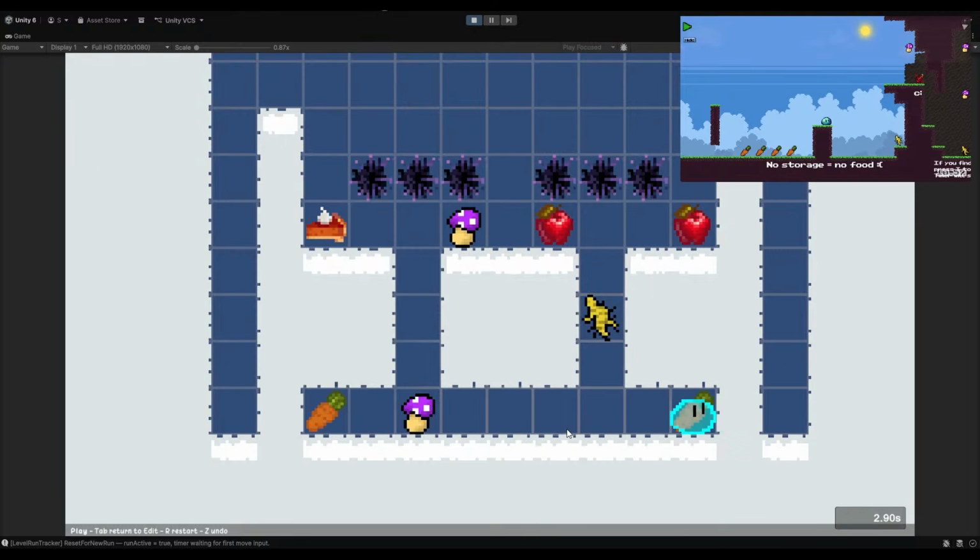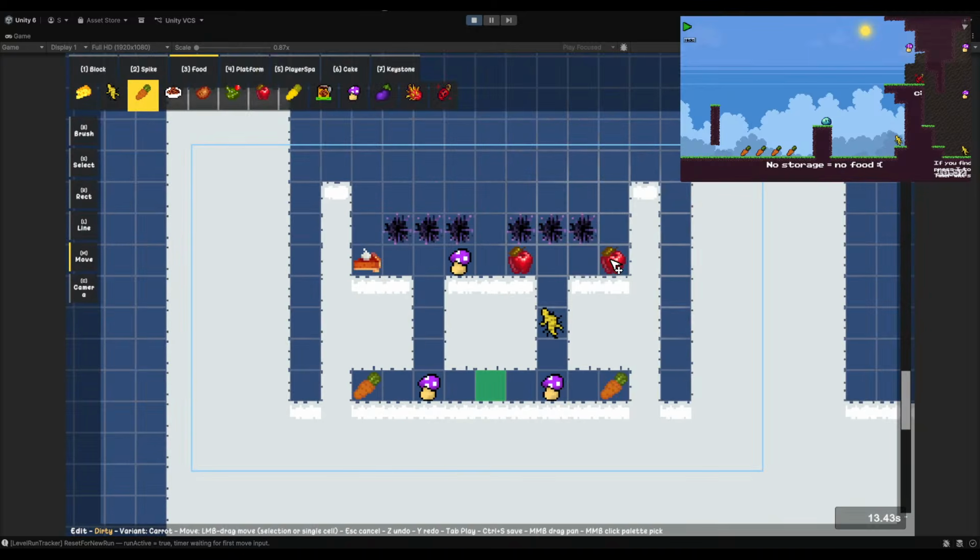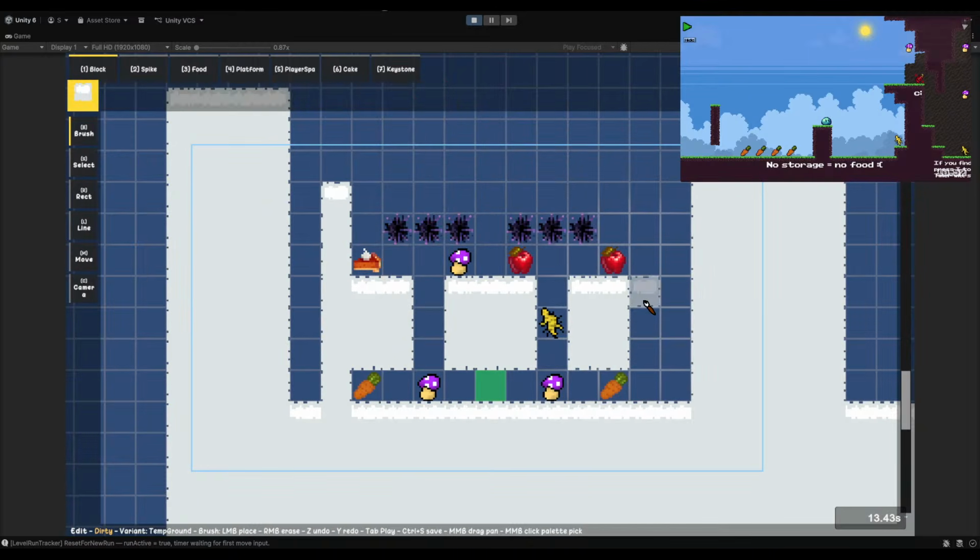Yeah, I like that this is possible, where they see they can't pick it up, they have no food slot. So they have to pick this up. They can't go here, obviously, so... Oh, no, I don't want them to jump into the spike there. That's too much. That's too much for newer things.